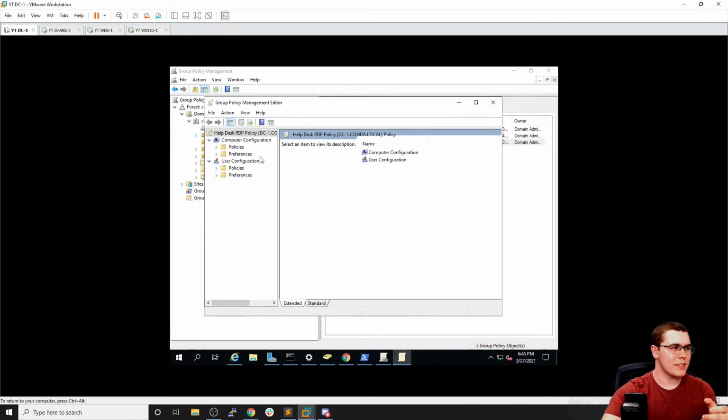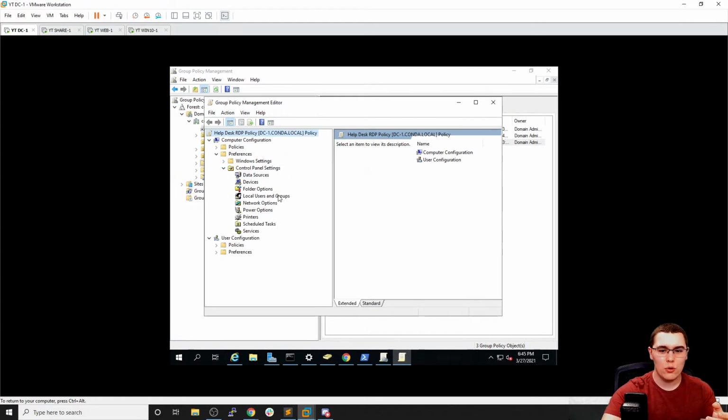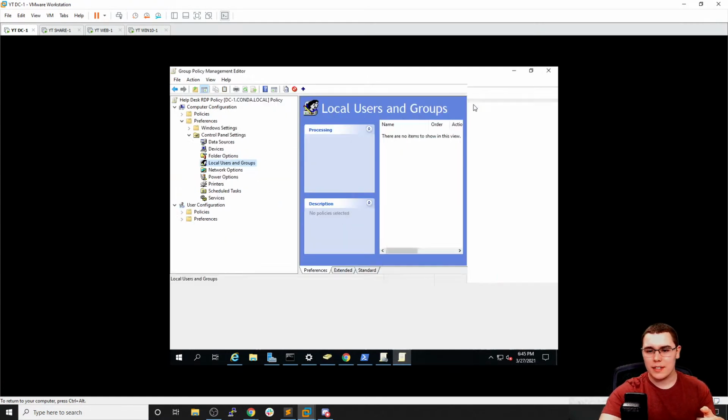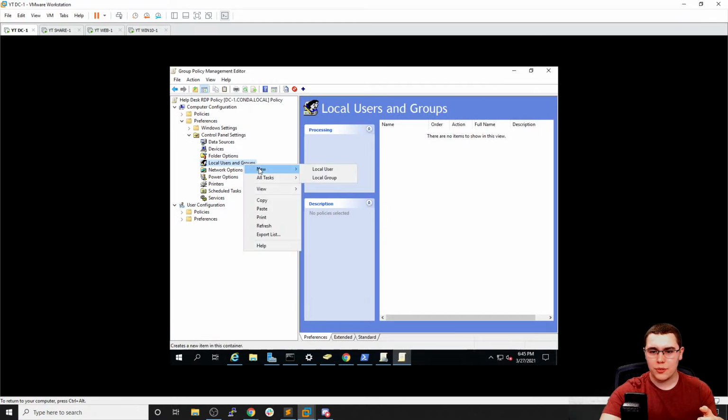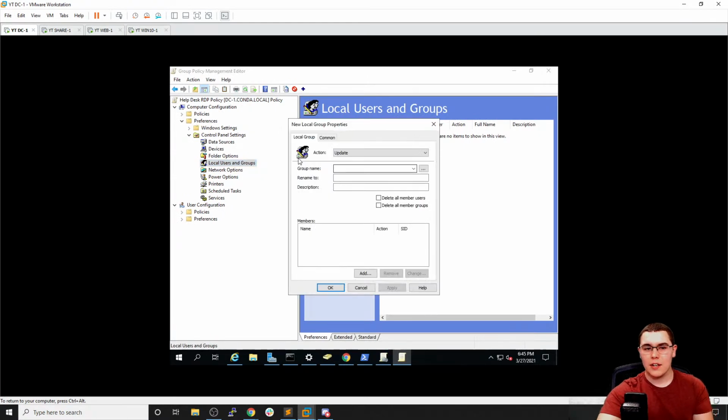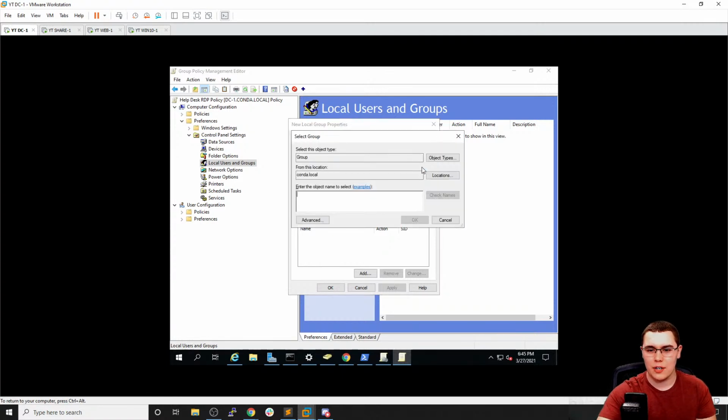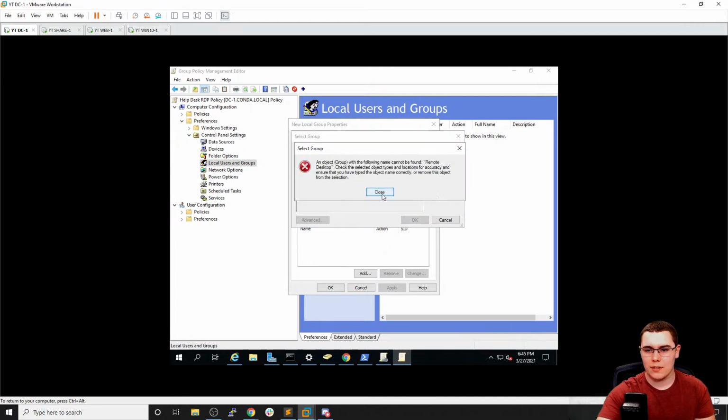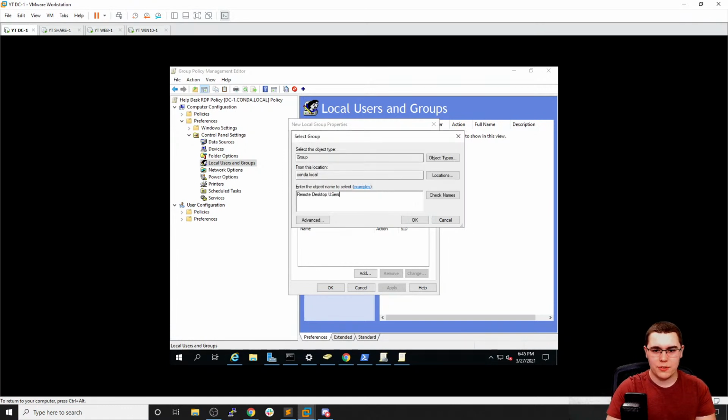So let's see. If we go to, where is it? Computer configuration, preferences, control panel settings, right? And here's where it should be. And then local users and groups. If we click on this, we should be able to do new, local group. So here's where we can define the local group that will apply to whatever this GPO applies to. For us, I think we just hit these little dots here. It's going to be remote desktop, and then we'll do check names. Remote desktop users